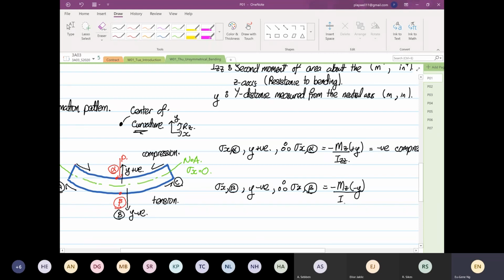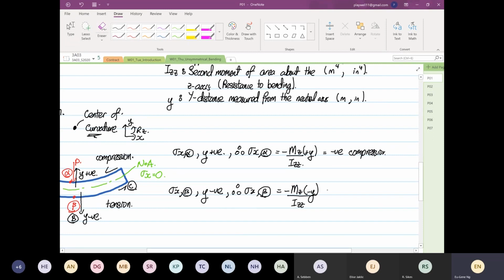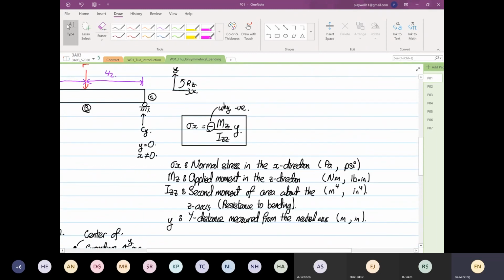So this whole equation, minus times minus, will be positive. So that is why we have tensile. That is why any textbooks that you see will highly enforce this negative sign. But there's another way that we can view